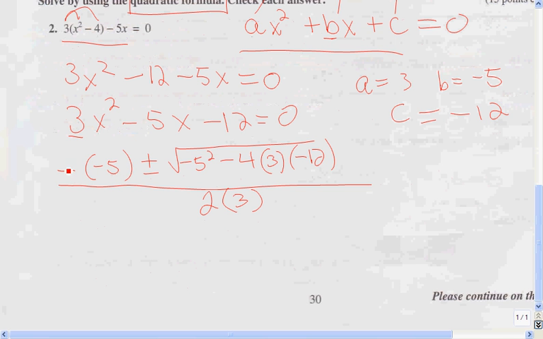What I get is a negative times a negative is a positive 5, and then I got plus or minus